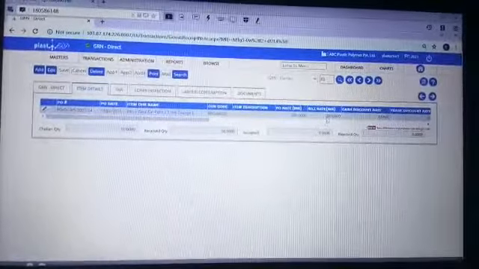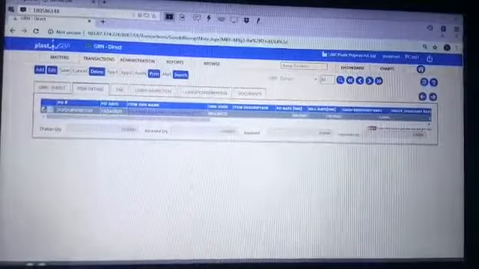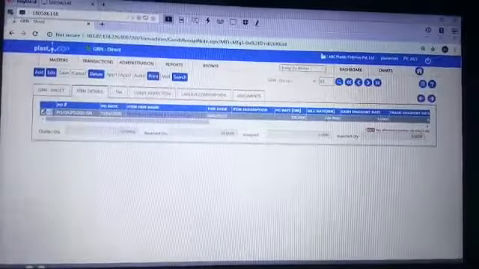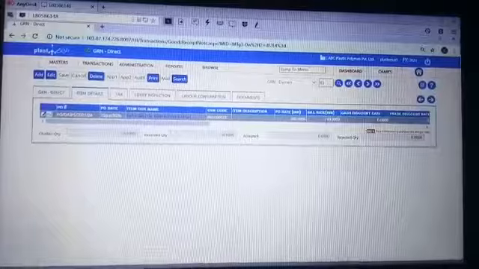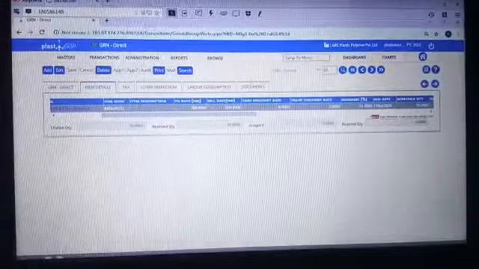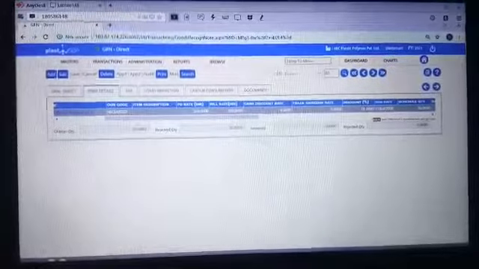Then bill rate. By default the selected PO rate is displayed and it is editable. Discount rate. This is the discount fetched from the selected PO, if mentioned in the PO.